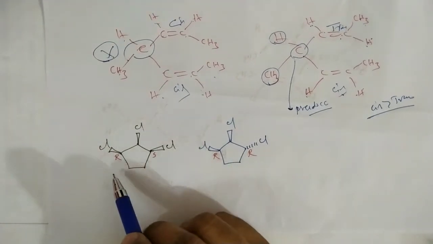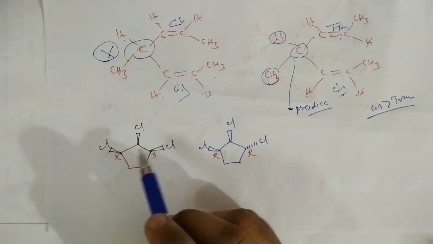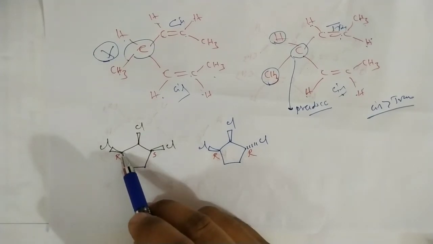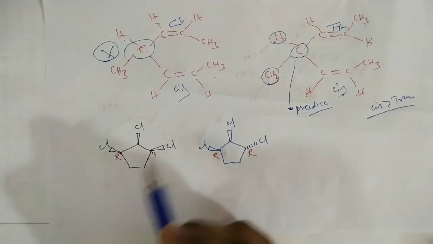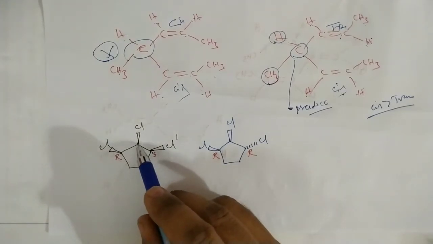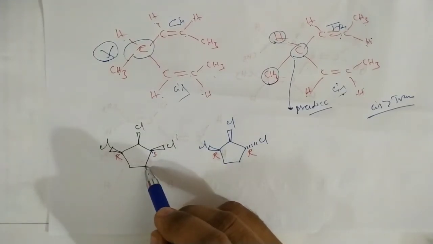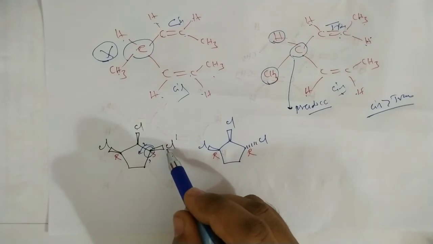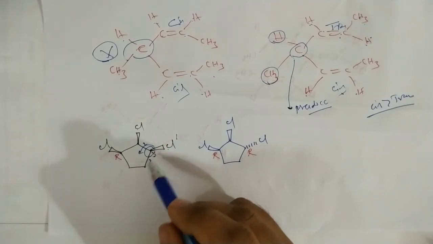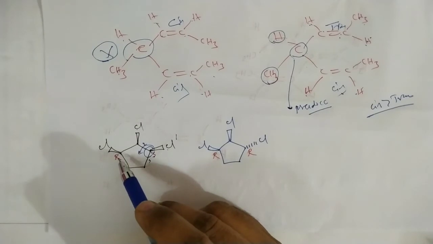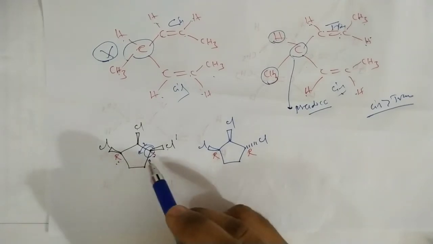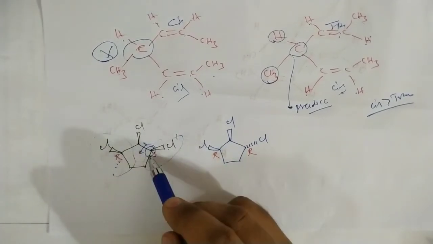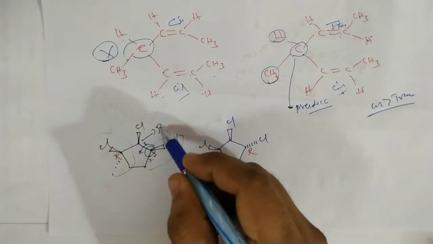Here if you consider this one, it appears to contain 3 chiral carbons. In this case, this one is R configuration, this one is S configuration. Here chlorine is the first priority, then the carbon bearing chlorine, and the carbon with 2 hydrogens is the second priority, and this is the third priority. So 1, 2, 3 is in the anti-clockwise direction, and with the high priority group above the plane, its configuration is S. Similarly, we can give the configuration for this one, R configuration. So R and S, these two are structurally the same but configurationally different, so it is a pseudo-chiral carbon.